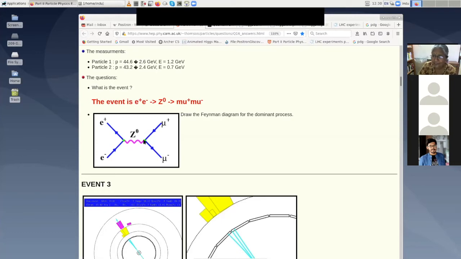And if you do this calculation and check it, and sum, because you don't know which quark is produced, you sum over all quarks, u, d, s, whatever, you will find that the cross section doesn't agree with your theoretical calculation. And how much does it differ by? It differs by a factor of 3. And that is the final evidence, we will do all this in detail, that quarks come in 3 colors.